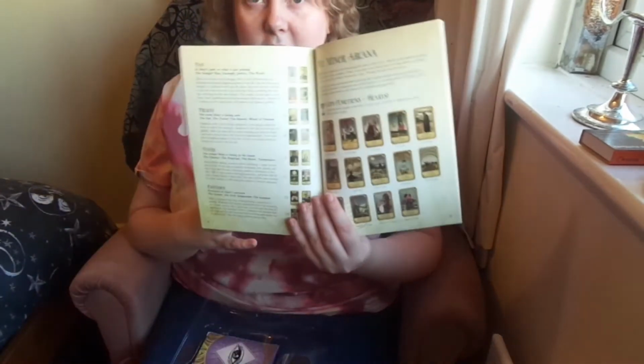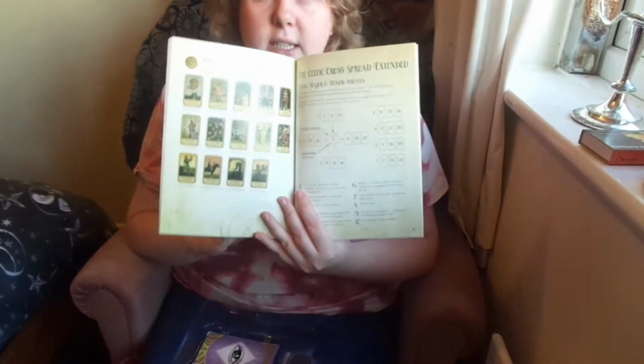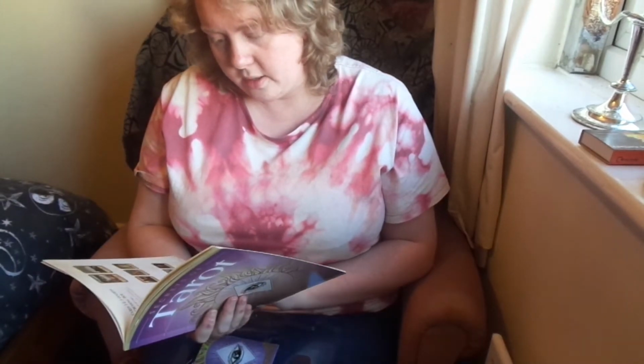Then we've got the spreads, a practice reading where it kind of just explains what the cards do. Pictures of the minor arcana, which is again kind of pointless. Oh my god, it has it for every suit. Why do we need this? The Celtic cross spread extended. So at least it gives you some spreads in here, but